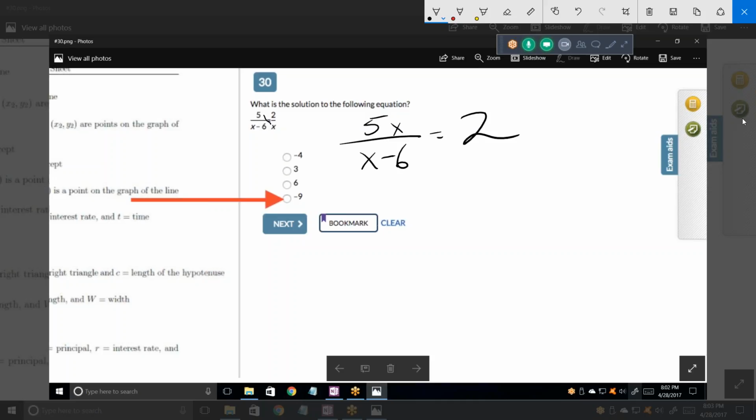Yeah. Now what's the other denominator we want to get rid of? x minus 6. So let's multiply both sides by x minus 6. That gives us this, which gives us